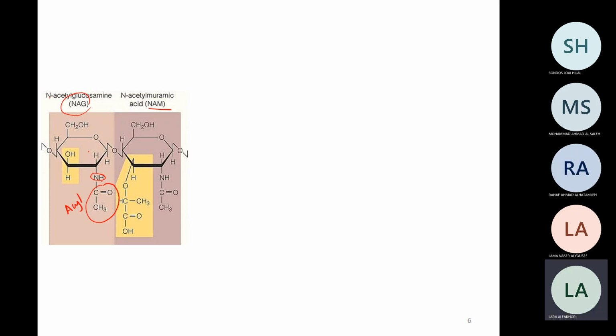Okay? هلا, the other glucose part, the other glucosamine part, is called N-acetyl muramic acid, because we have an extra, let's say, group which is called muramic acid. تمام؟